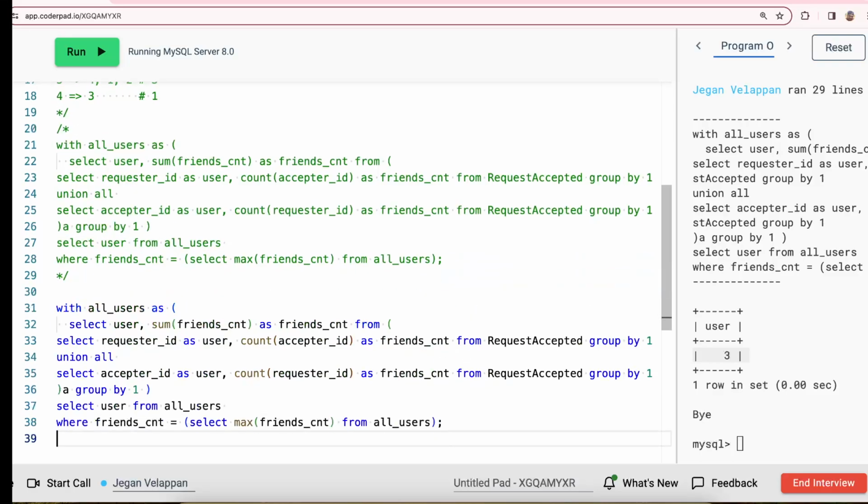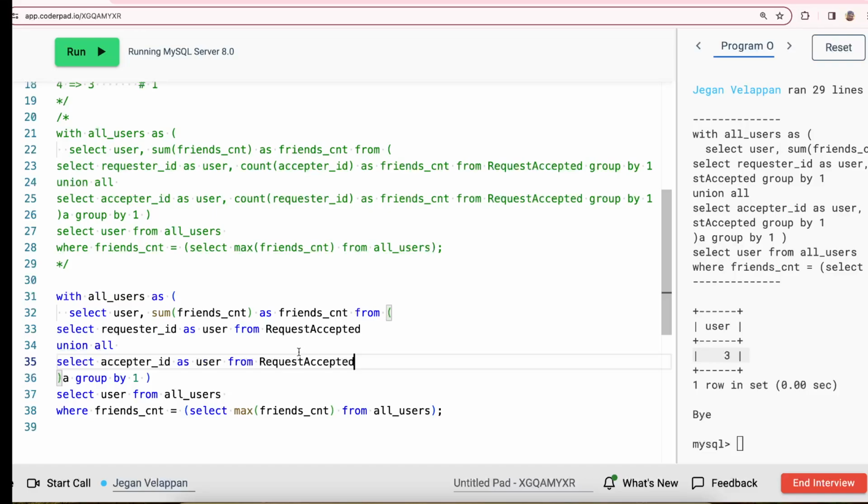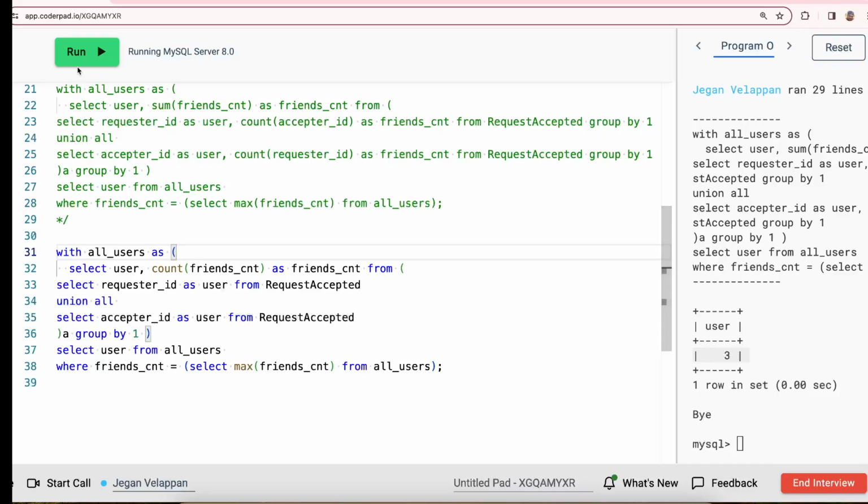I don't think so. So basically what I'm going to do is get me all the records for the requester ID. That means if there are 10 users who accepted, that means I'm going to have 10 records. I don't have to aggregate it. Bring me all those records. Same way, you bring me all the records at the accepted ID level. If I have 10 records, that means there are 10 requests which got accepted. So those are the friend count. So get me that and then you count those records, which is going to be the friend request. And then if I run it,